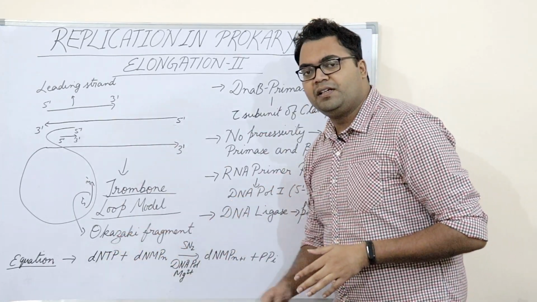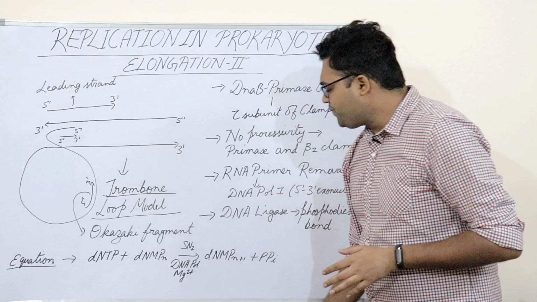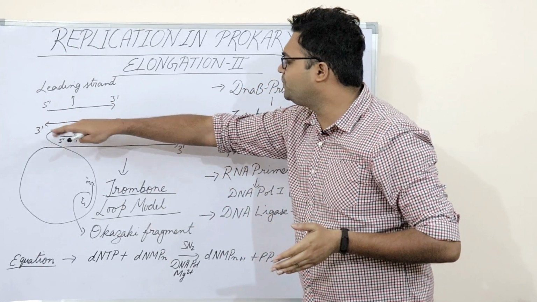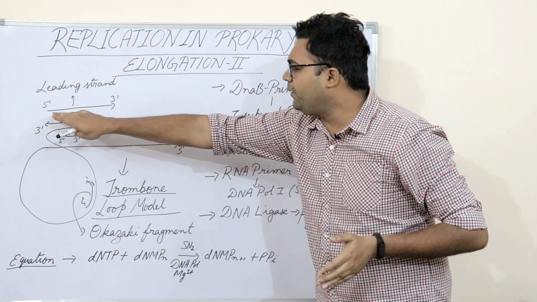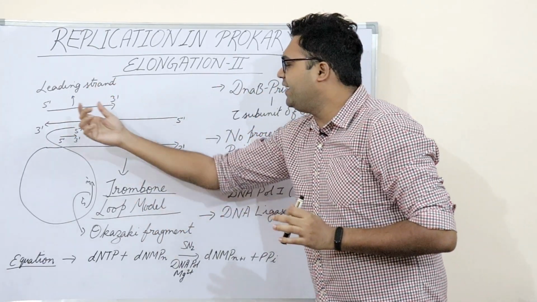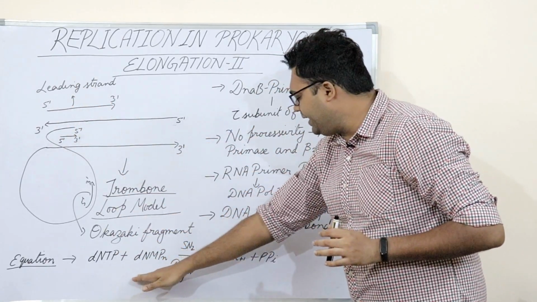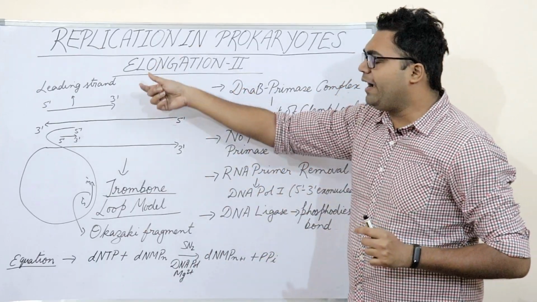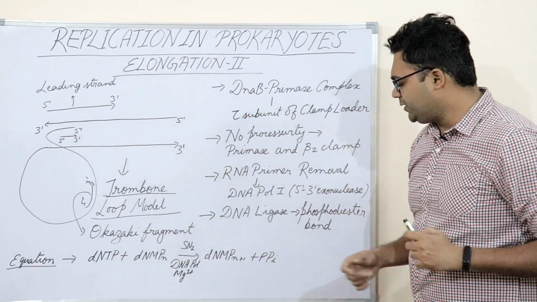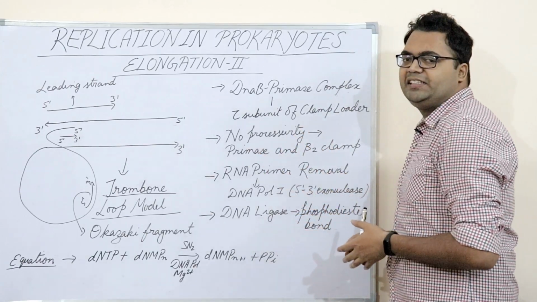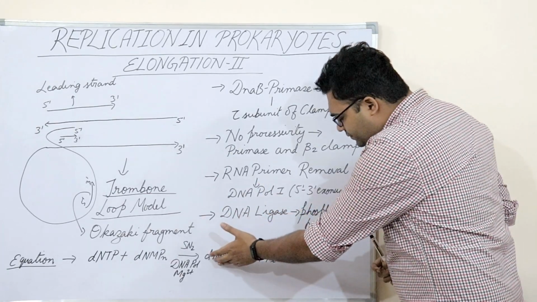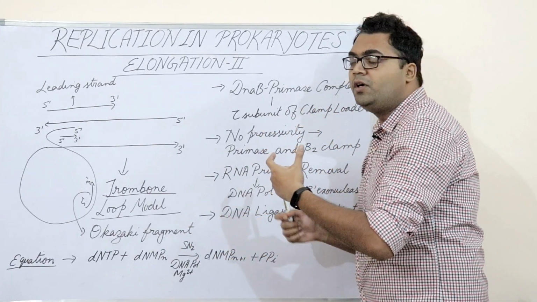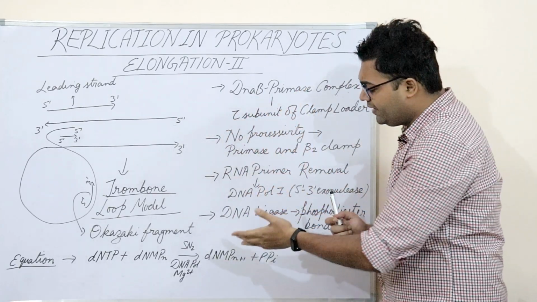Now coming down to the equation of DNA replication. dNTP would be associated with dNMP to the power n, which is the whatever nucleotides have been added in the daughter strand. So dNMP n means whatever nucleotides are present in the daughter strand, and dNTP means the incoming dNTPs would react in the presence of DNA polymerase, maybe 1, mostly 3. Magnesium is the important cofactor, and dNMP n+1 means one more deoxyribonucleotide would be added here,